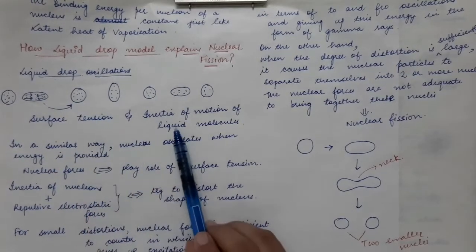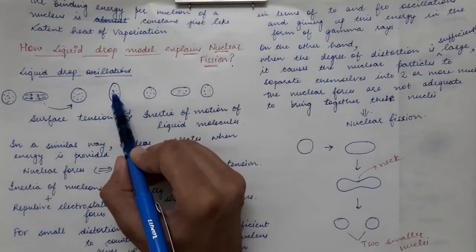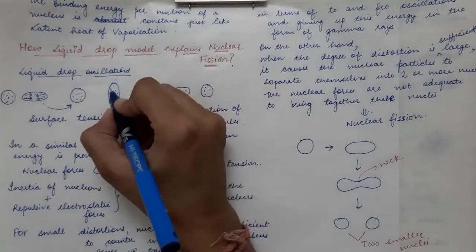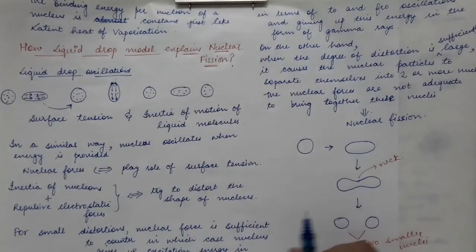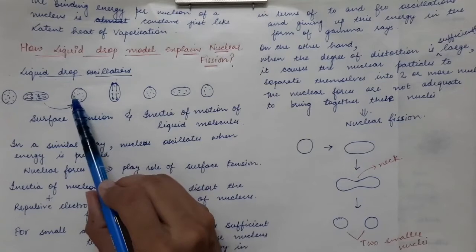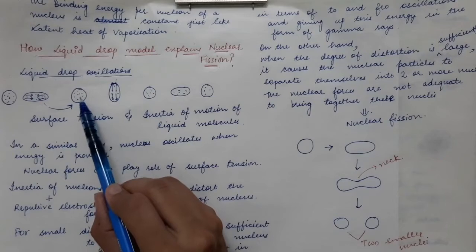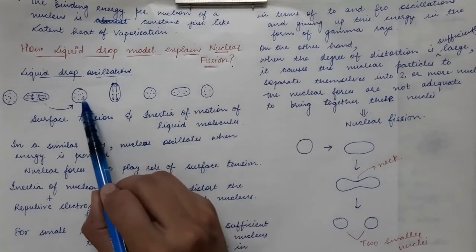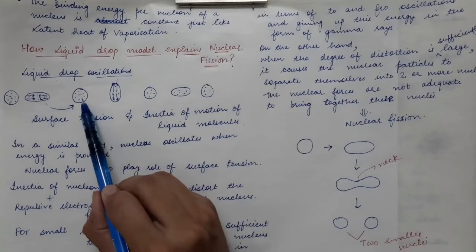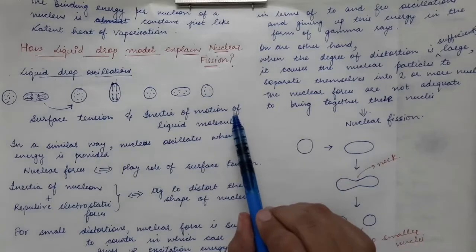due to the inertia of motion, the molecules will go in the vertical direction. This is due to the inertia of motion, because the molecules in the liquid drop are moving inwards toward the center of the liquid drop, but they are not able to make their velocity equal to 0 because they have inertia of motion. Since they are moving inwards, the spherical shape of the liquid drop will change to this particular fourth shape of the liquid drop.